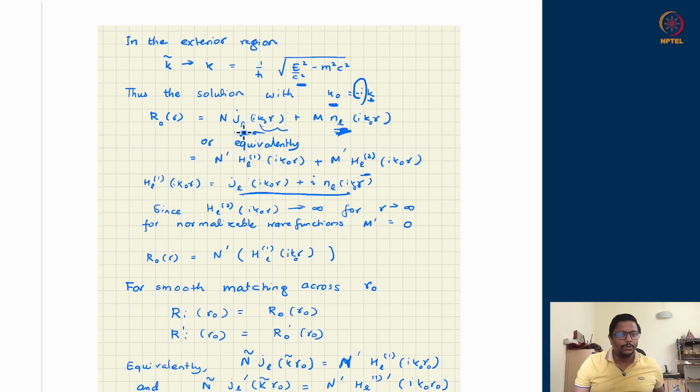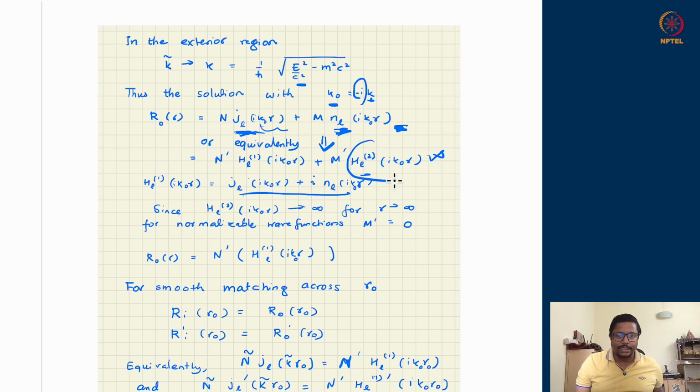This is equivalent to, if a harmonic oscillator solution you are looking at, it can be written as cos and sine or e to the power i omega t and e to the power minus i omega t. Both of these things can be combined into each other. So equivalently, I can write the same thing. I'm not supposed to take r tending to 0. This remains true, but I do not know whether this combination is finite everywhere else or not. And actually it is not, because this becomes very manifest if I write in terms of this variable.